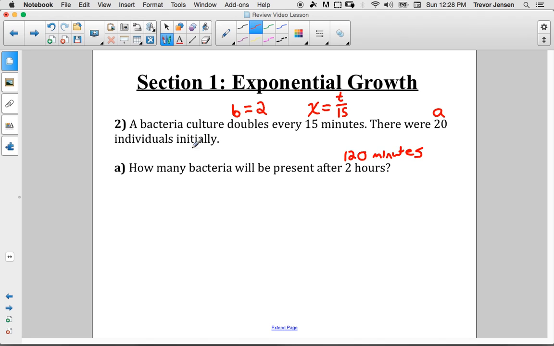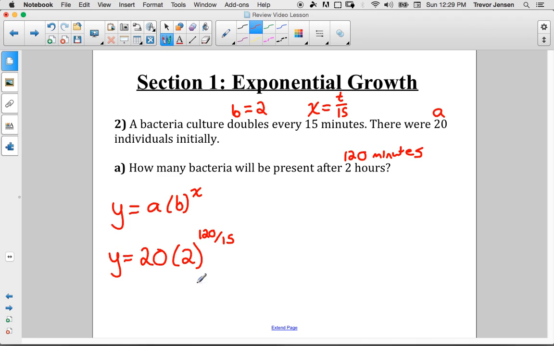Let's figure out everything we need to know here. We're looking for a future value, so we're looking for y. Actually, I'll write the general equation first. y equals a times b to the x. We're looking for the future value after 2 hours, or 120 minutes. Our initial value, a, was 20. Our growth factor, our b value, is 2. And x is the number of times it's going to be doubled. So how many times will it double in 120 minutes, if it doubles once every 15 minutes? Well, to calculate x, total time divided by 15, so we have to do our total time, 120,